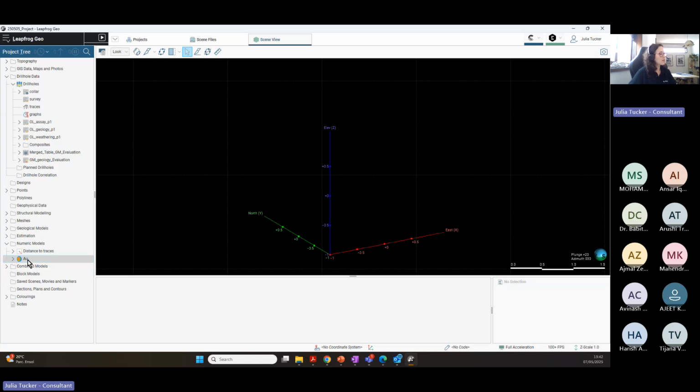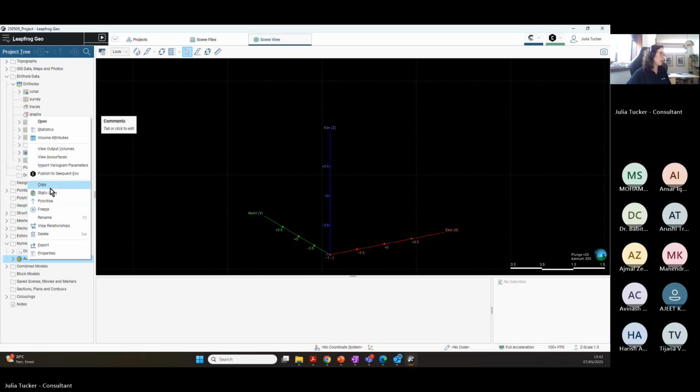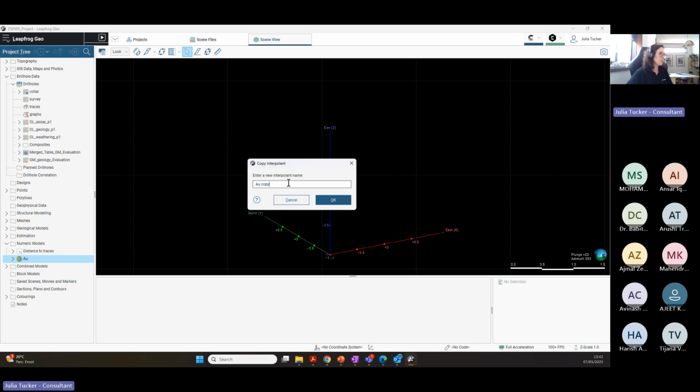If you right click on your model, you can copy it. So we are going to copy it one time, and this copy is going to be the vein. And clicking on the OK,